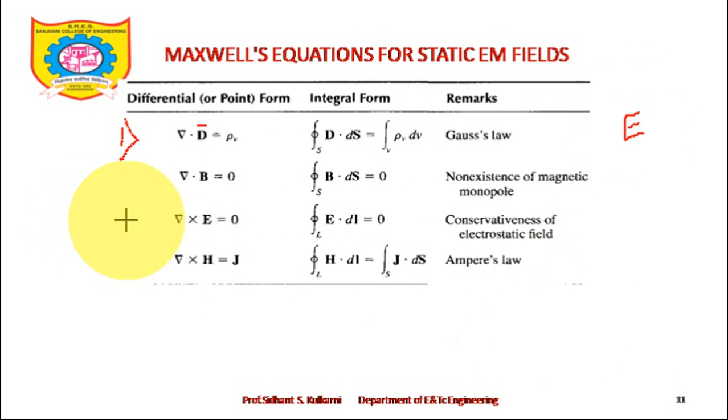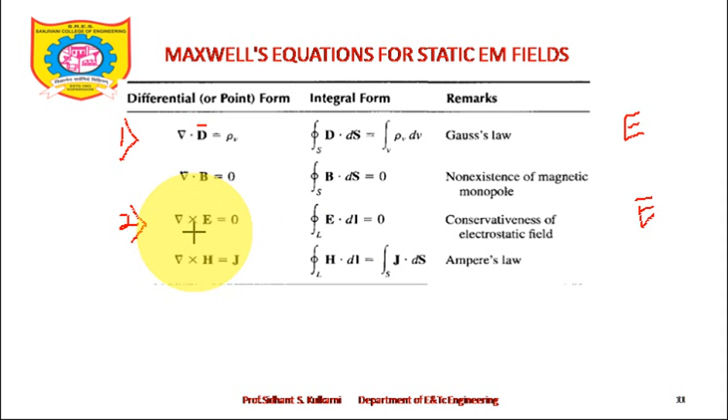Let's talk about the second Maxwell's equation. It can be written in any order, but I am going to tell you first the electrostatic law. Once again, this is taken from electrostatics. If the first is the divergence of electric flux density, this must be the curl of electric field intensity, which is equal to 0. So del cross E bar is equal to 0. That means E bar is irrotational, and if E bar is irrotational, it is conservative. So the second expression was the conservativeness of the electrostatic field.